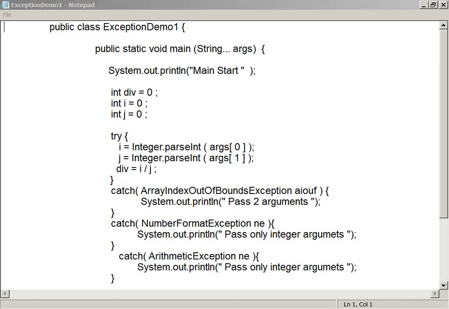Up to now, in whatever examples we have seen, everywhere the exception object is created and thrown by the Java virtual machine, and we just simply handle them. So this is a program where this program causes multiple exceptions, and as we discussed yesterday,